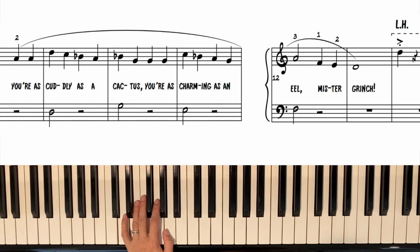All right, so let's try those notes together from the D on the word "cud." Ready? You're as cuddly as a cactus, you're as charming as an eel, Mr. Grinch. How'd you do? Let's try it together one more time. Ready? Go. You're as cuddly as a cactus, you're as charming as an eel, Mr. Grinch. Okay, if you need to, you can pause the video and try just the left hand on your own